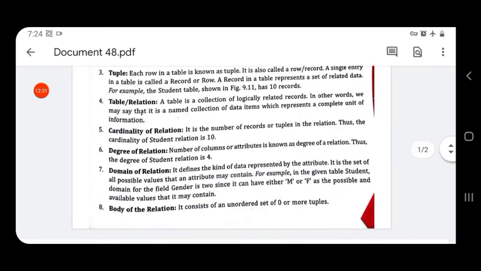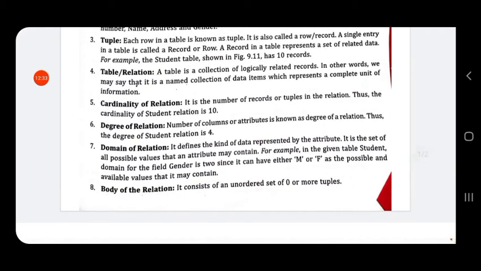Then domain of a relation. Domain is defined as the kind of data represented by the attribute. It is the set of all possible values that an attribute may contain.